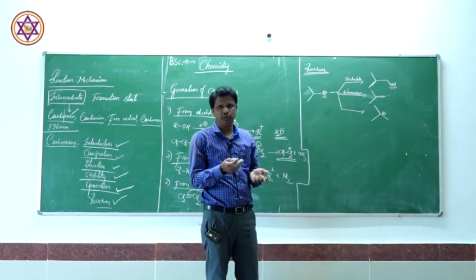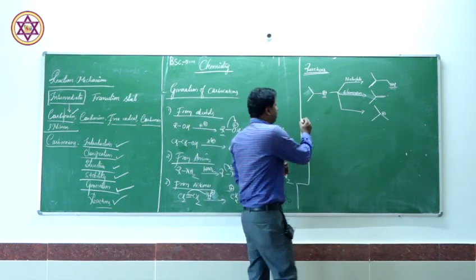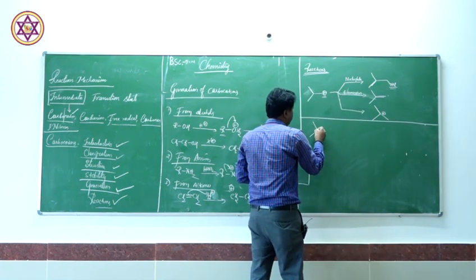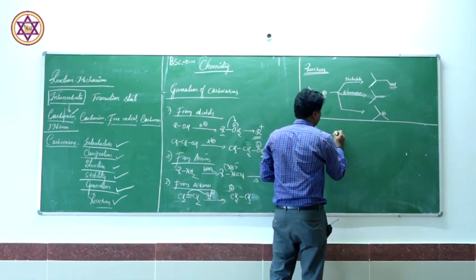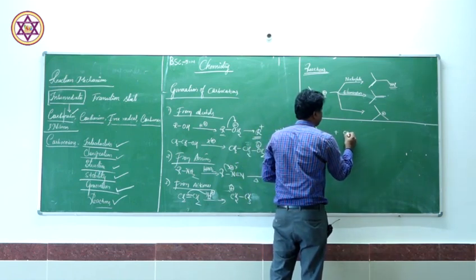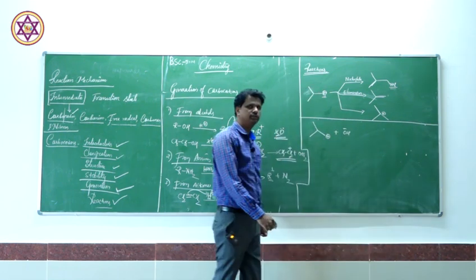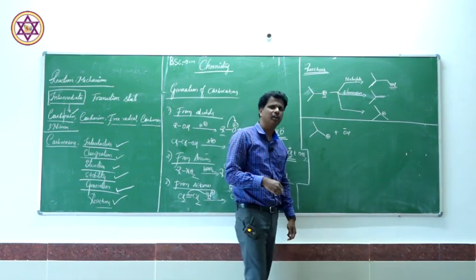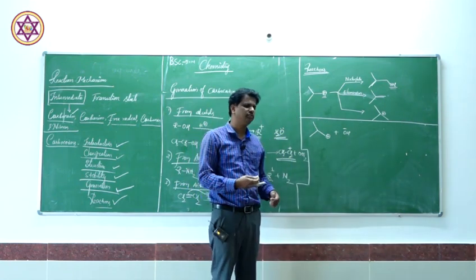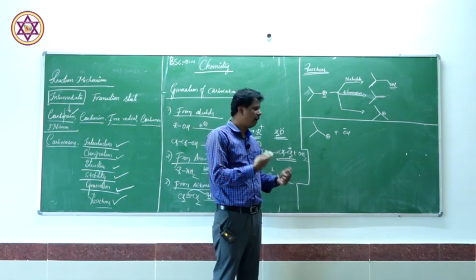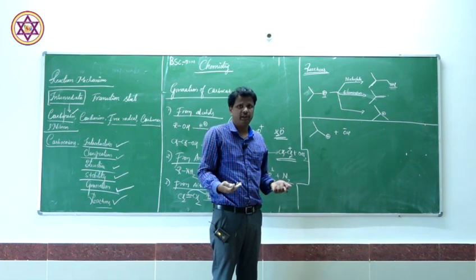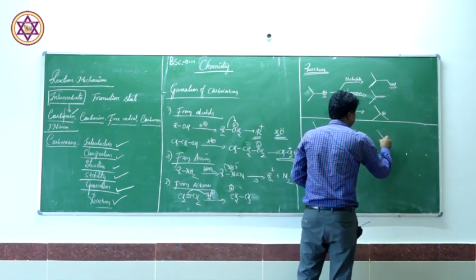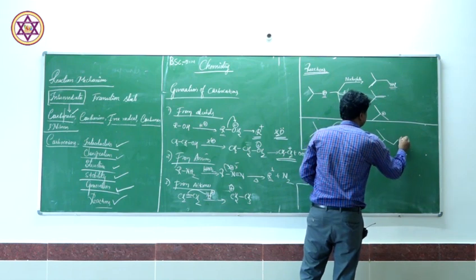I'll write one example for each. I'll stop this lecture. Let us try to understand how things work. Let us imagine that we have this carbocation here and you add a nucleophile, let us say, for example, OH minus. It combines with any nucleophile like OH minus, NH2 minus, NH3, water, hydroxyl ion, cyanide ion, any nucleophile. So it attacks here and it forms a nucleophile.